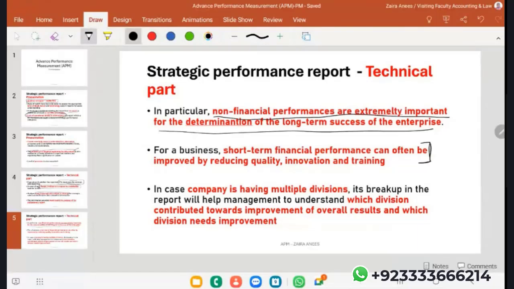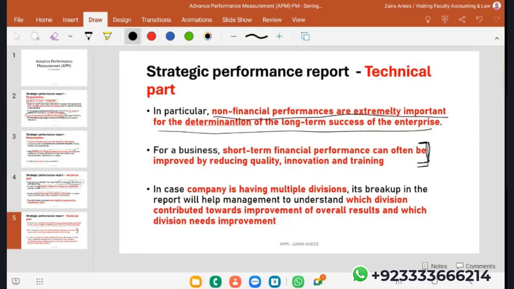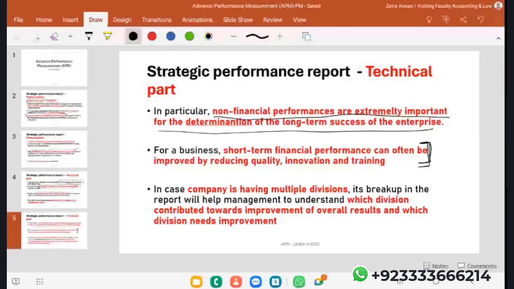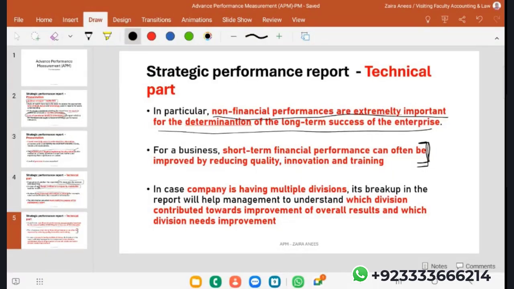And if you are seeing mostly financial perspective, that means the company can be focusing on short-term indicators like profitability. Or if you see in a report that the company is focusing mostly on indicators like cost cutting, like reduction in training costs, you need to criticize that part, and say that some other relevant KPIs can be used. Like return on capital employed is generally an indicator that we criticize. ROCE means that the company is focusing on accounting profits, right? And accounting profits are something